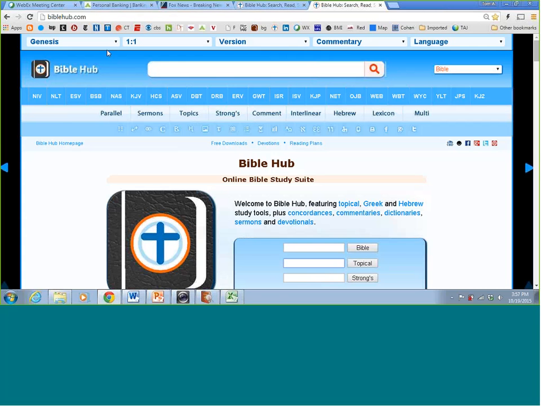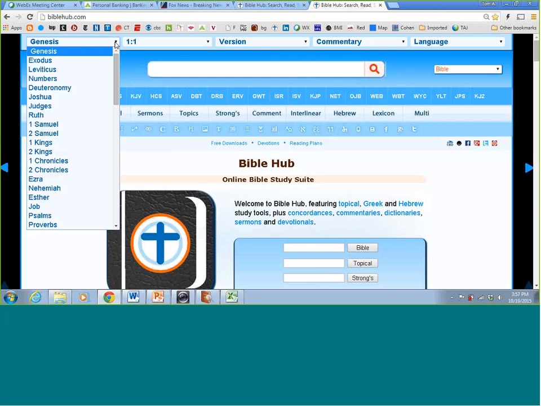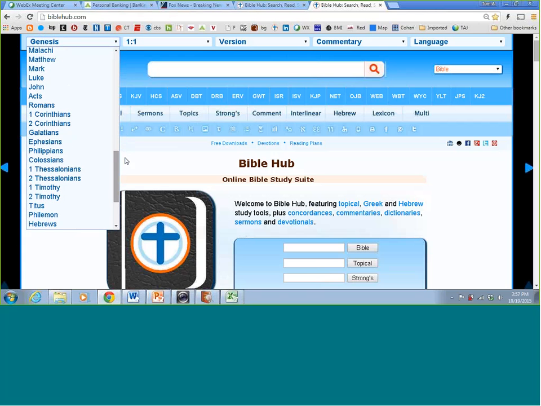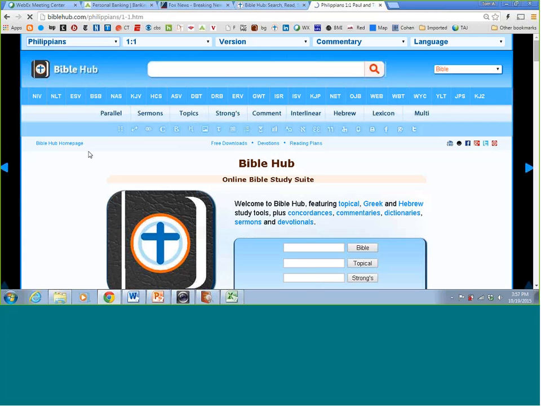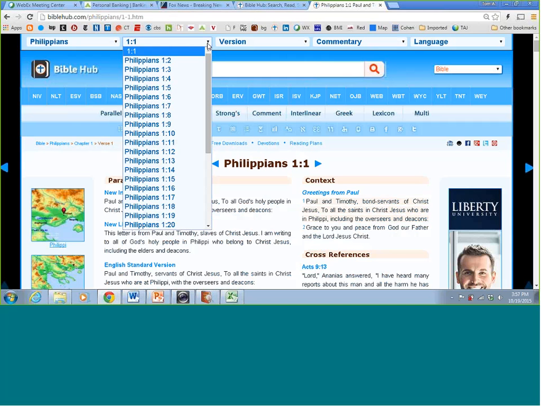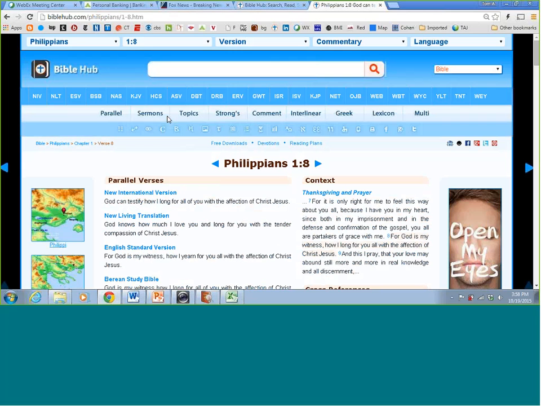But the way I primarily use it is by going up here to the top, and you can click the drop-down menu. You can pick the book of the Bible you want, and we'll pick Philippians since that's what we're studying. You can pick the chapter and verse you want. Here you've got all the verses in chapter 1, but if you want to go on down to chapter 2, you can pick it. But let's come back up to chapter 1, verse 8, one of the verses we talked